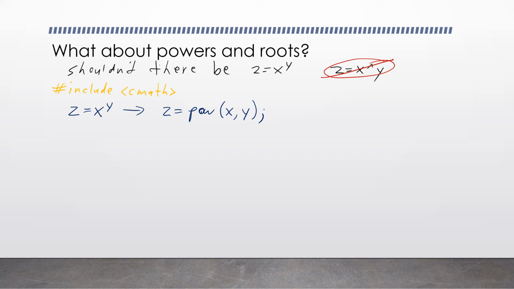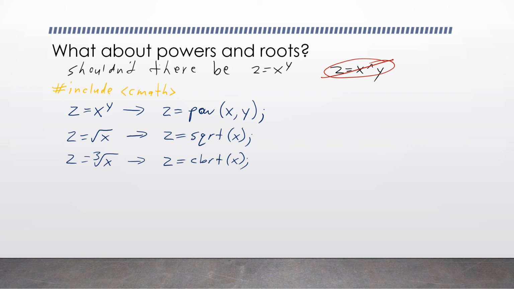Okay. If we want z equals square root of x, this translates to z equals sqrt of x. Similar for z equals cube root of x, gives us z equals cbrt of x. There is not a generic root function, however, that gets you any root, so if you want z equals the y-th root of x, you have to say z equals pow